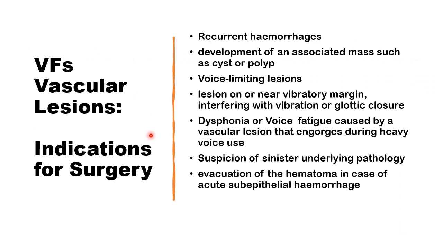The patients who would benefit from surgery are the patients who present with recurrent hemorrhages in the subepithelial part of the vocal fold, or if the patient has an associated mass lesion like a polyp, a vascular polyp in the vocal fold, or describes voice limiting symptoms, or has the lesion on or nearby the medial edge of the vocal fold, the vibratory margin that may interfere with the vibration or the glottic closure, or when the symptoms of